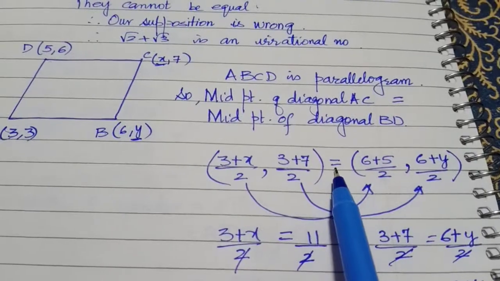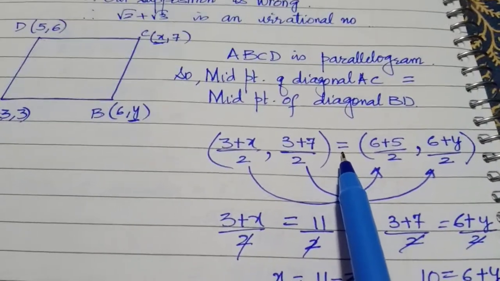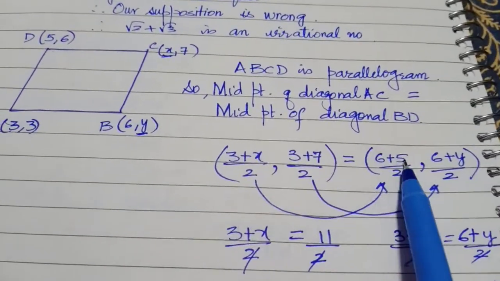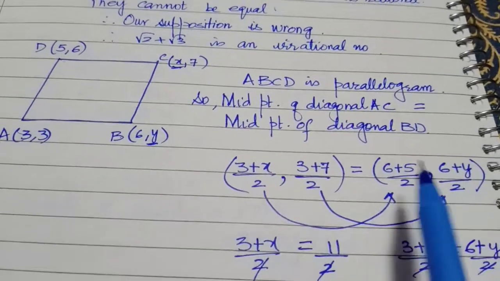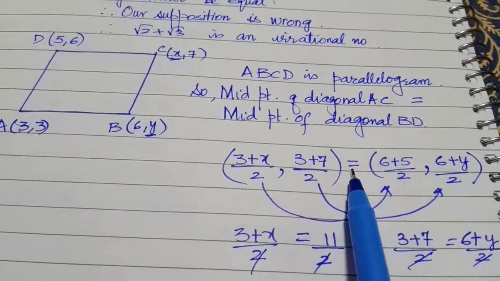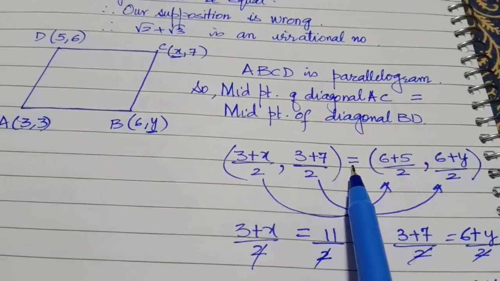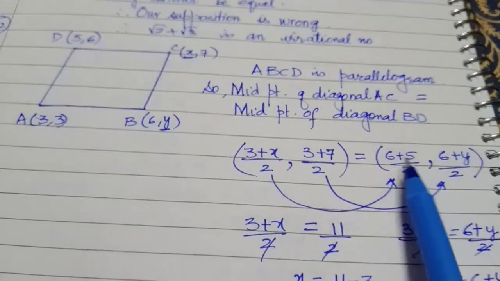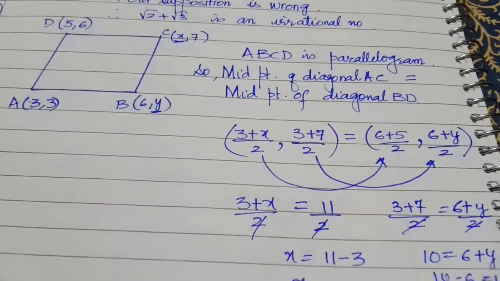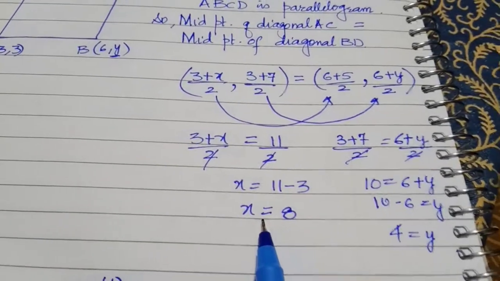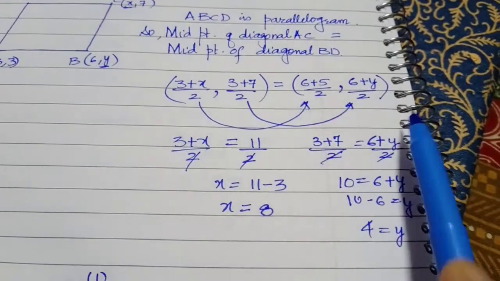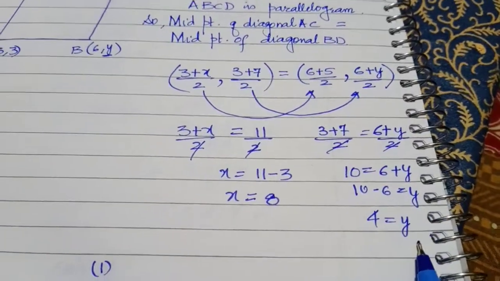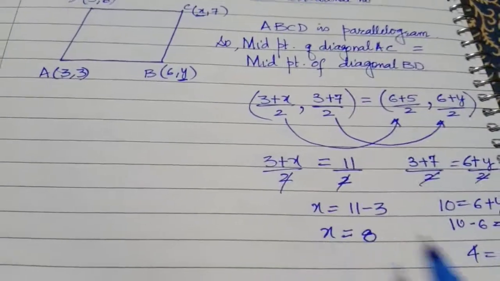And when we are equating two coordinates, इसका मतलब ये है कि x coordinate x के बराबर होगा और y वाला y के बराबर होगा. जब हम दो ordered pair को equal to के sign के साथ अगर उसका relation बना रहे हैं तो. So this becomes this. So I get that x is equal to 8. It's so easy. The denominators get cancelled. The y portion equals the y of the other ordered pair, and we get y is equal to 4. So x is 8 and y is 4.